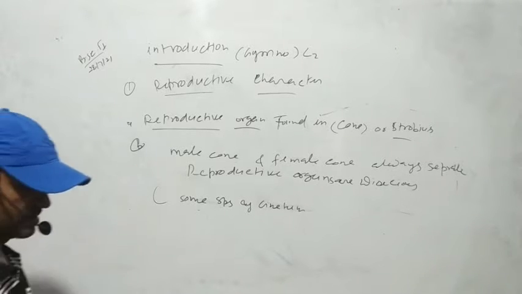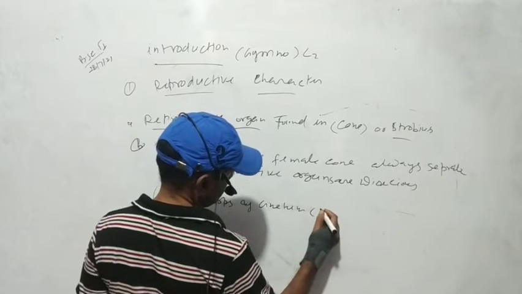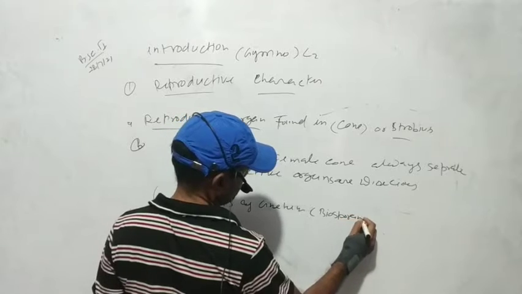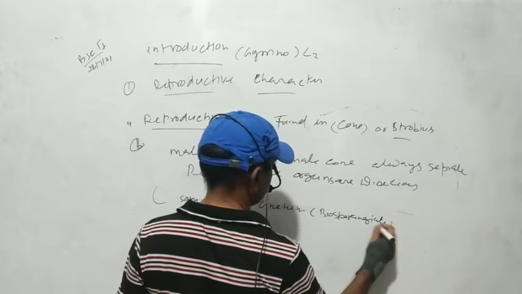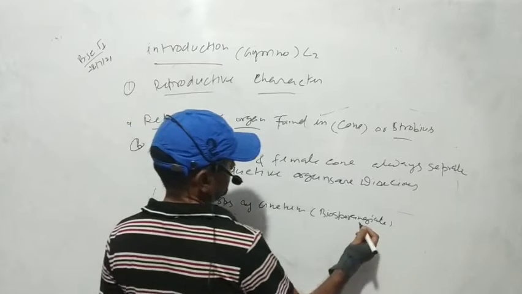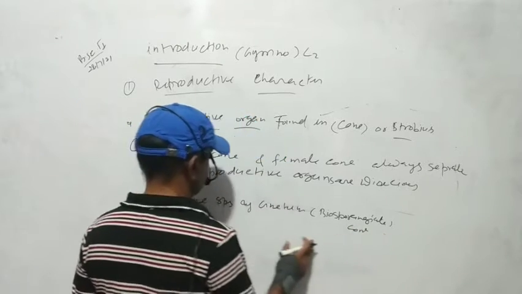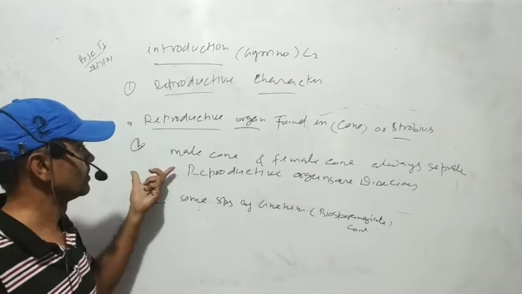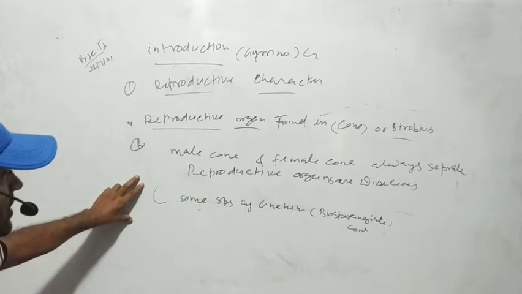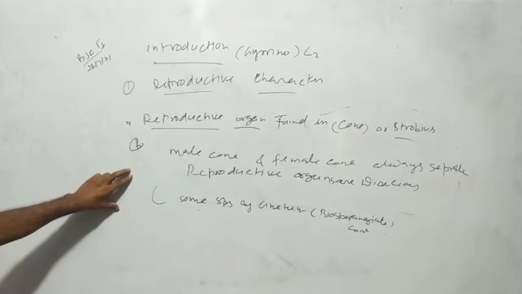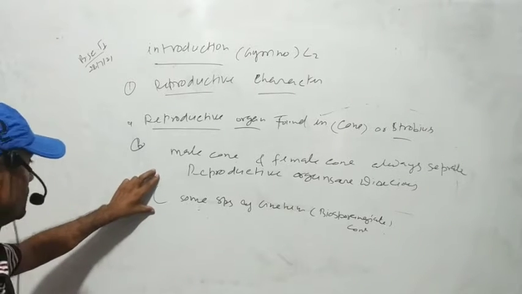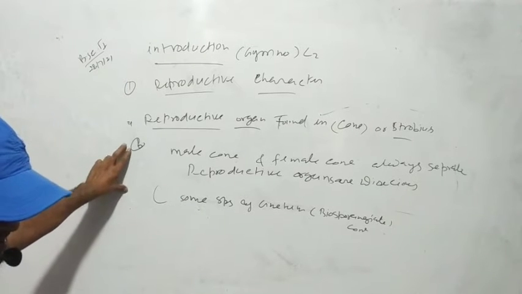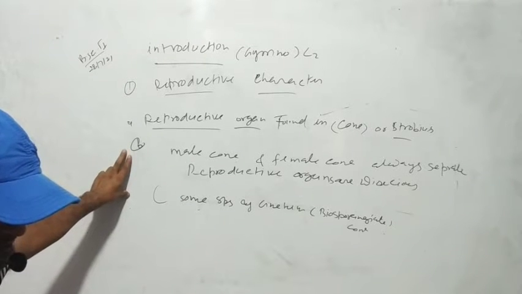Here bisporangiate. Here bisporangiate cone. Exceptionally, mostly cones are found alone, either male or female, but here in Gnetum a bisporangiate cone or strobilus can be found. Next one